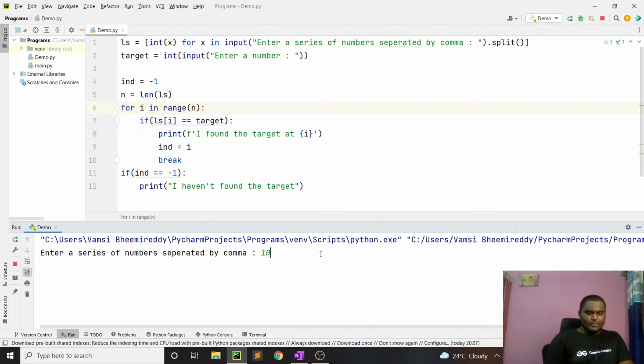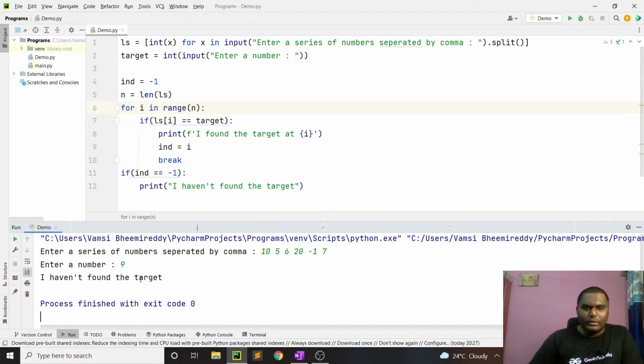So let's say 10, 5, 6, 20. Now I want a number for target. Okay, let's give target as 9. If I give target as 9, then what should be my answer? I haven't found it, because 9 is not there in this list. Okay, if I execute this again,